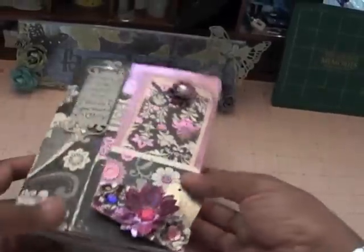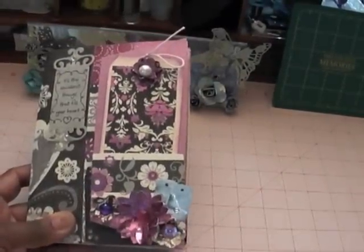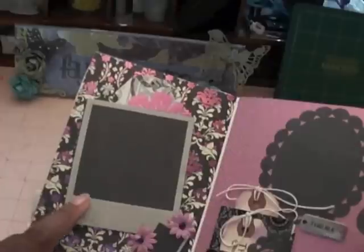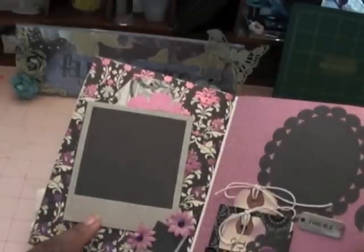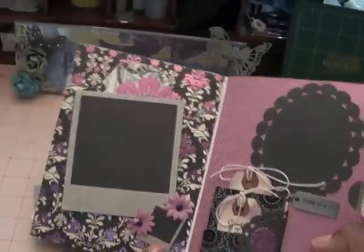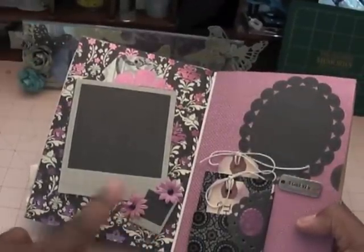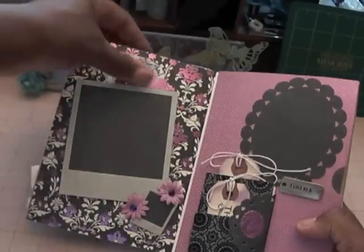And down on the bottom here I made some more punch flowers and added some bling. So let's go inside. Here is, I want to say, an instant photo frame, and there's two of them. There's a mini one here, and these are quick cut dies, and I added some Prima flowers and some bling